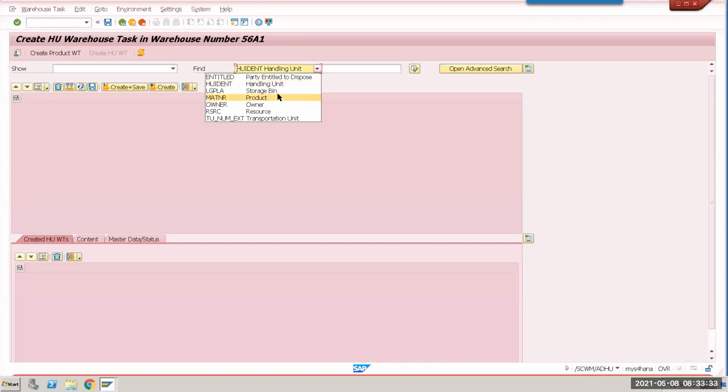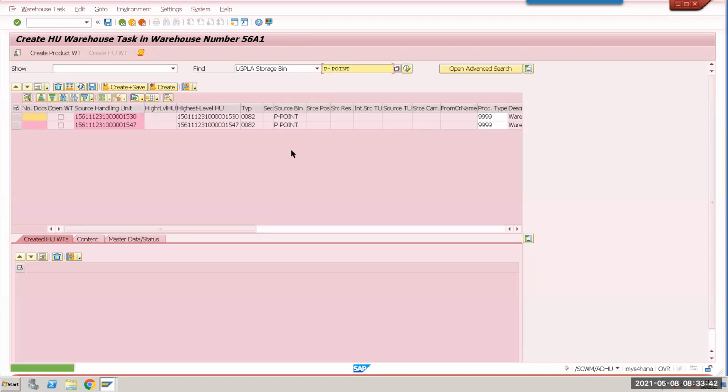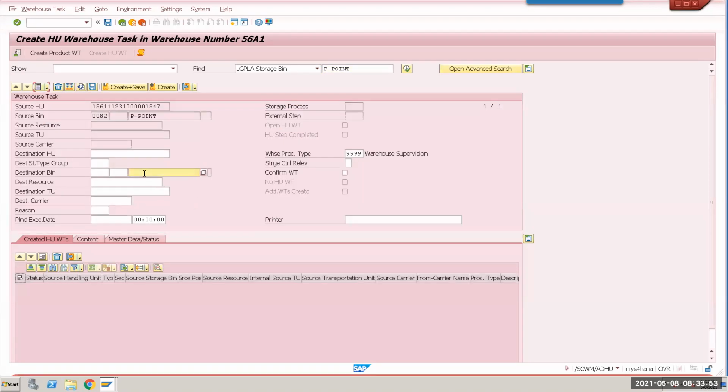I'll give the pick point here as the storage bin, P point. That's another way to also do that. So this is my 547, and I say to go to 56 AP. Let's see what is going to happen.